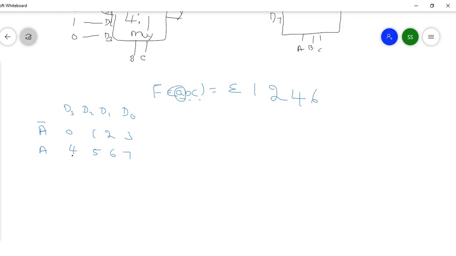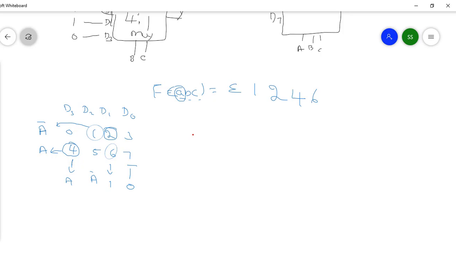Okay, now here try, what are the numbers given? 1 is given, so mark it 1. Then 2 is given, mark it 2. 4 is given, mark it 4. 6 is given, mark it 6. Okay, now try for D3. D3, what happens? The 4 is marked, so it is A. Okay, and D2, the 1 is marked, it is nothing but A bar, because the 5 is not selected, only whichever is selected, that particular equation, A bar. Here A, if both are selected, cancel out, so it is 1. If both are not selected, so it is 0.